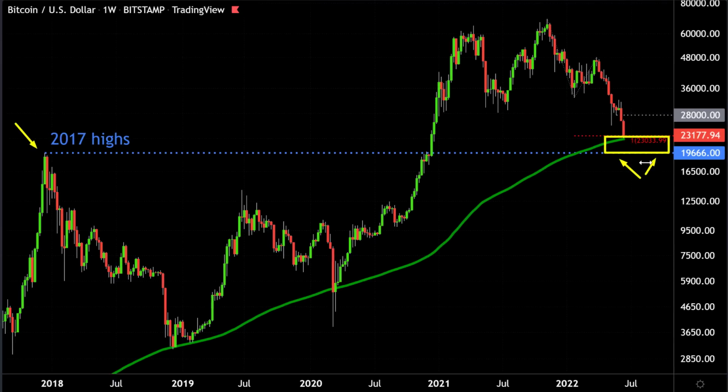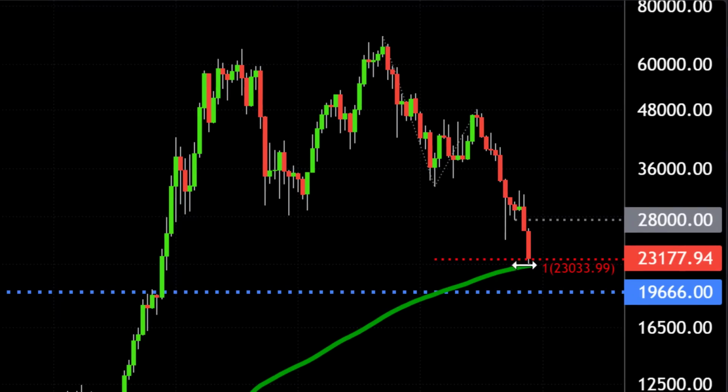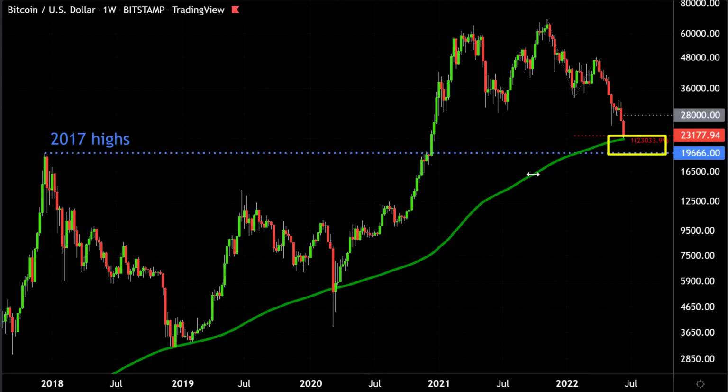So the question is, can Bitcoin hold these levels? That is the big test now for Bitcoin. Because if Bitcoin can actually show us and prove to us it's going to hold these levels, the levels we're approaching right now from 23K, 22K to approximately the levels of the 2017 highs,